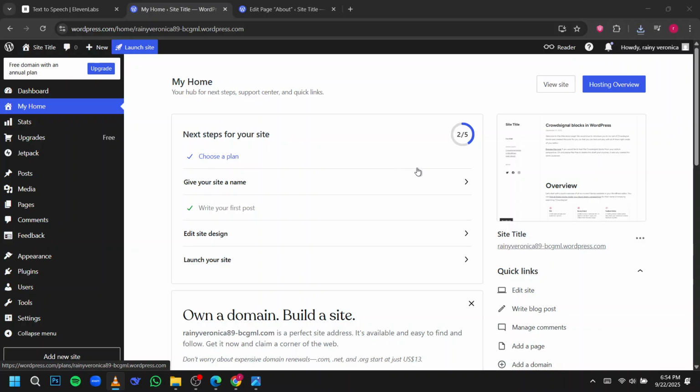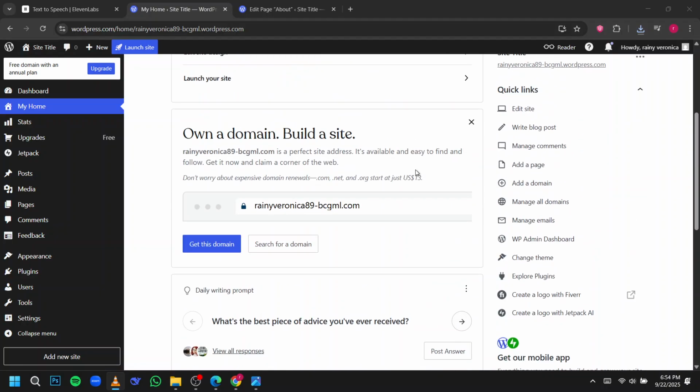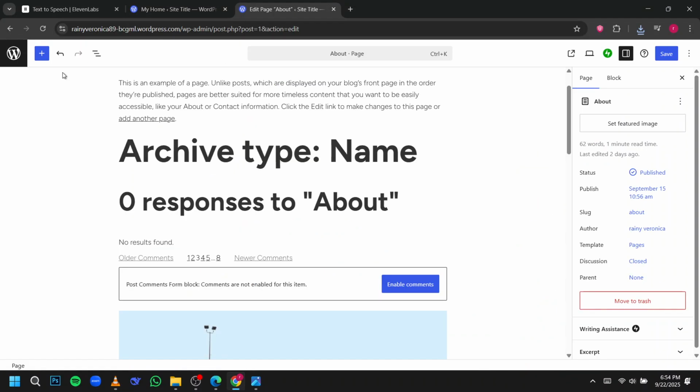Start by going to wordpress.com and logging in. For convenience, select Continue with Google and choose the account linked to your WordPress site. Once logged in, locate the Quick Links section on the right panel of your dashboard and click Edit Site to